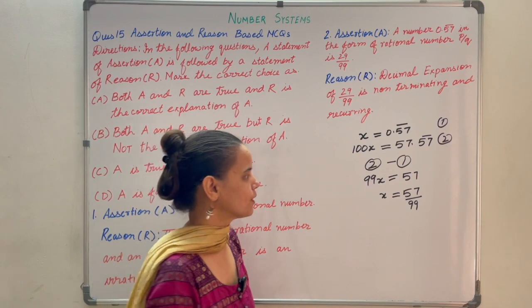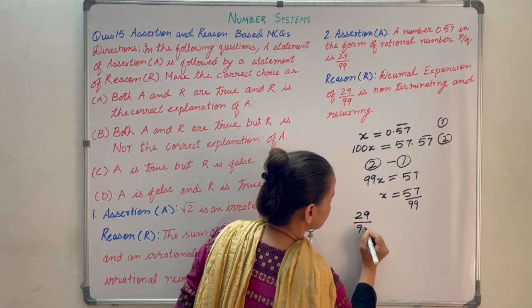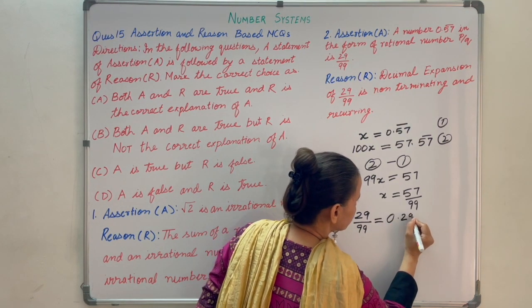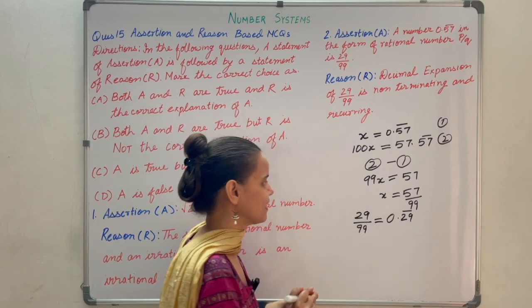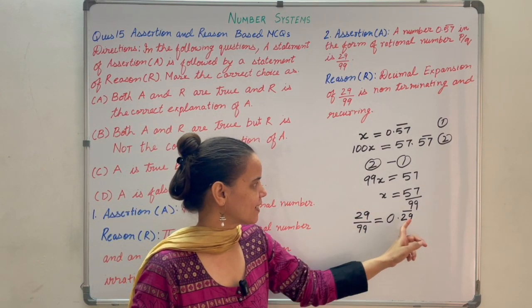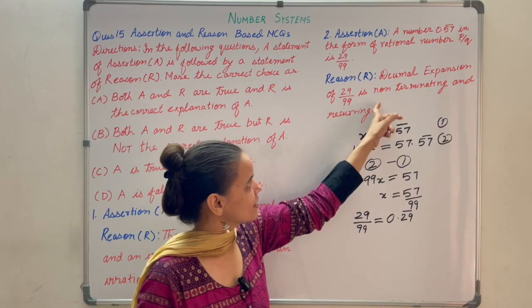So what you have to do? You have to divide 29 upon 99, and when you divide it, you will get 0.29 bar. So you can clearly see that the decimal expansion of 29 upon 99 is non-terminating recurring. So this reason is